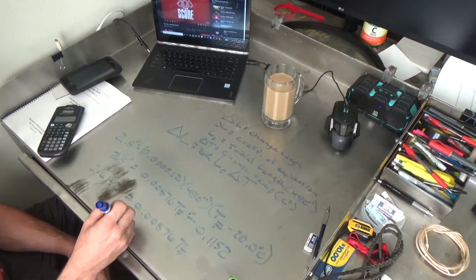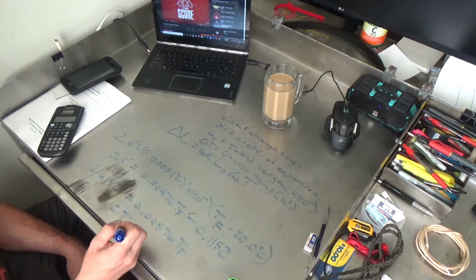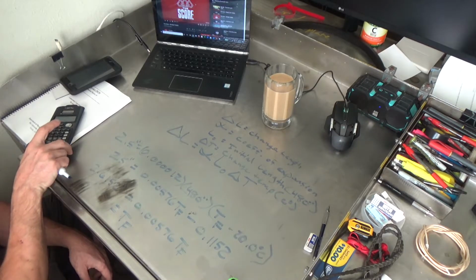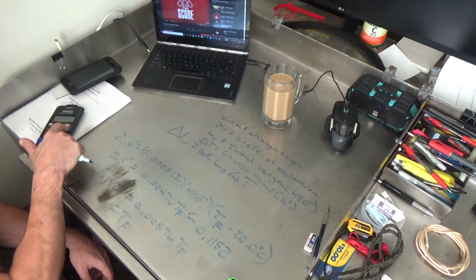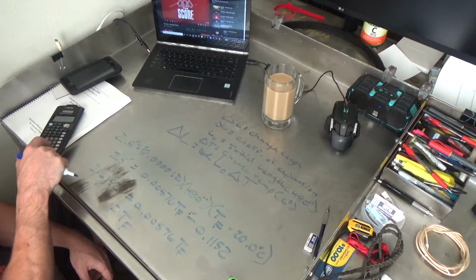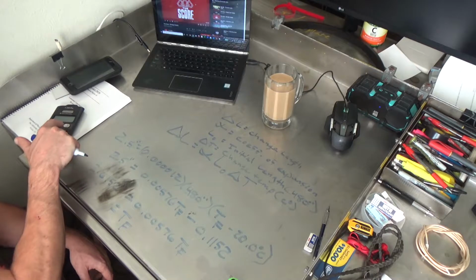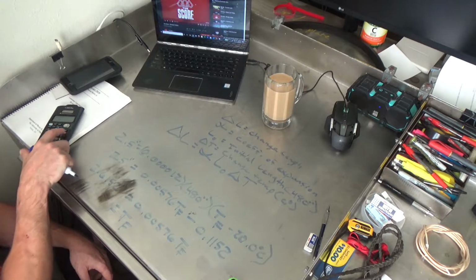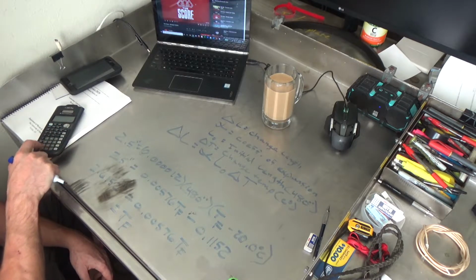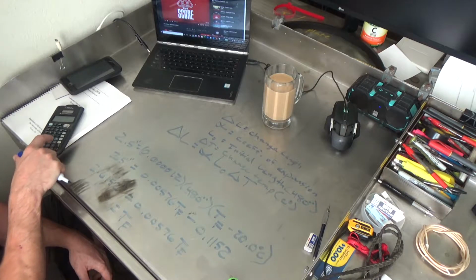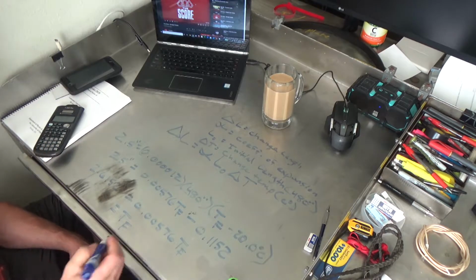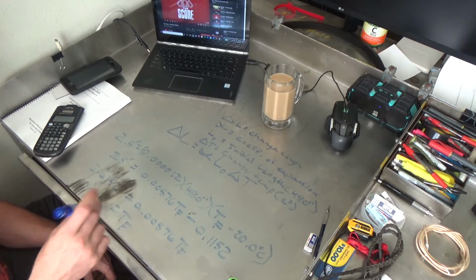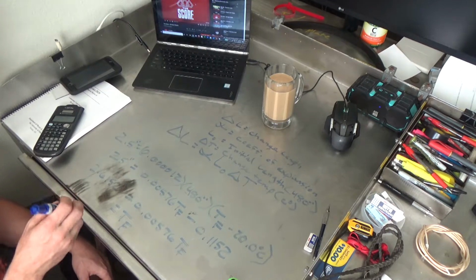Alright, so final temp is pretty much going to equal 2.6152 divided by our number on the right, 0.00576. The final temperature, if it expanded 2.5 inches,